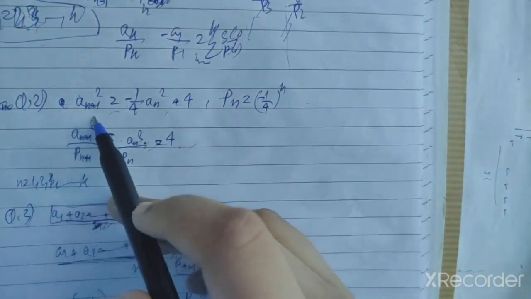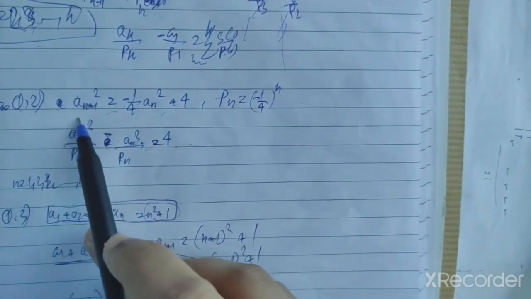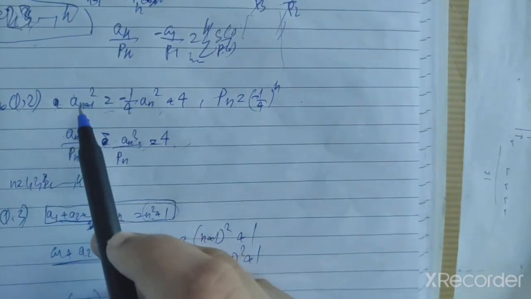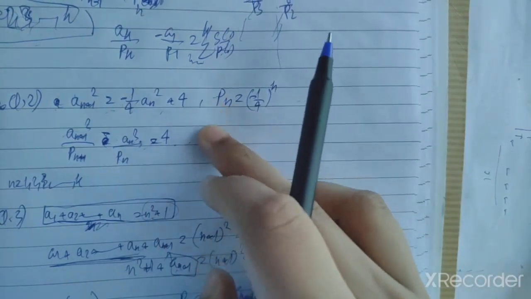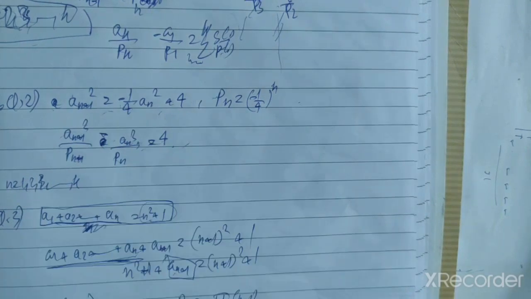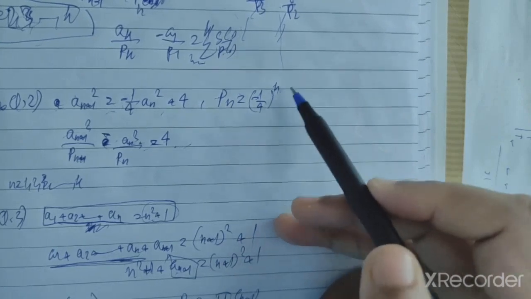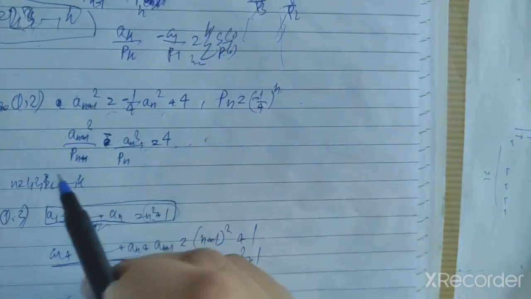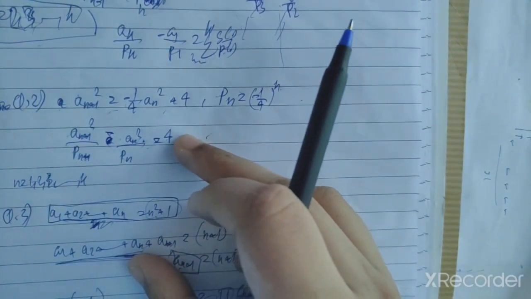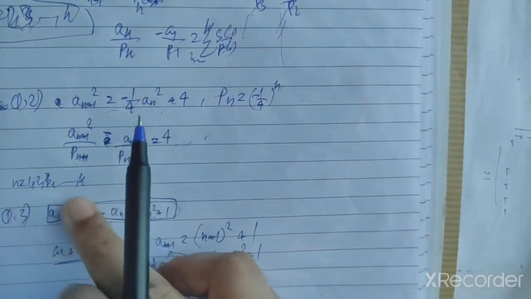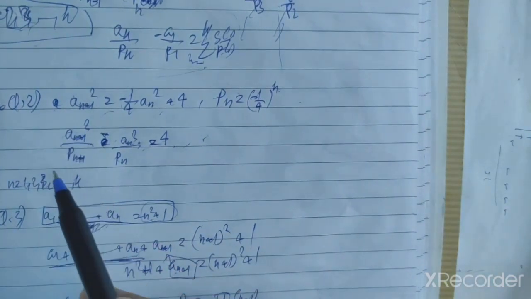Now if you see problem 2, it is basically a_(n+1) squared is equal to minus 1 by 4, some relation of squares of terms in the sequence. Also you can see the nth term is equal to a_n times some function plus some function. Basically you can define a new sequence p_n to be minus 1 by 4 times minus 1 by 4 times minus 1 by 4, which is nothing but minus 1 by 4 raised to power n, and you can divide both sides by p_(n+1). You will eventually get a_(n+1) squared upon p_(n+1) minus a_n squared by p_n is equal to 4. Now it will also start telescoping. If you put n equal to 1, 2, 3 till k, you will eventually end up at this, and then from there you can easily get the closed form of the nth term.